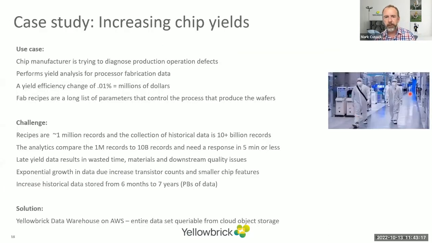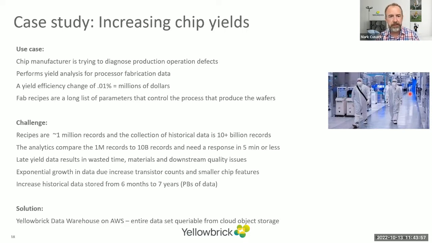And I just want to finish off with a manufacturing related use case with a company that we're working with within the CPU processor manufacturing space. And so, like many chip manufacturers in this area, one of the key KPIs they're trying to improve and optimize, going back to Yusuf's point earlier, is the yield they get out of wafers. How many chips do they get that are successful and have a high enough quality at the end of the day? And so what they're using Yellowbrick for and looking at using us for is how they improve and diagnose operational defects on the production line sooner. And ultimately improve the yield.